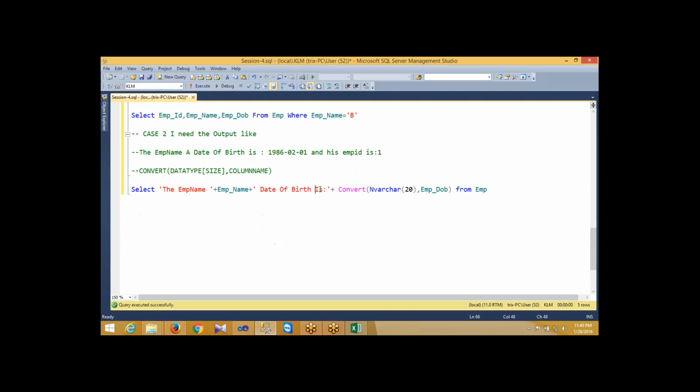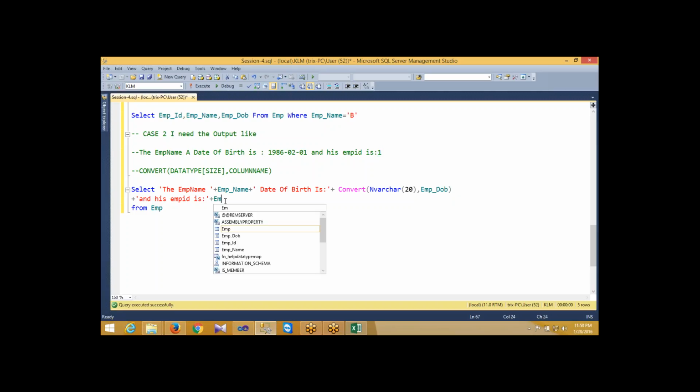So still we have something to do. What is this? And the employee ID is this one. So how to do this? Here also the same thing, we need to give plus. This is a non-column value, this one we should give here. And this is from the table we already have: plus EMP_ID to fetch for this. If you select this,